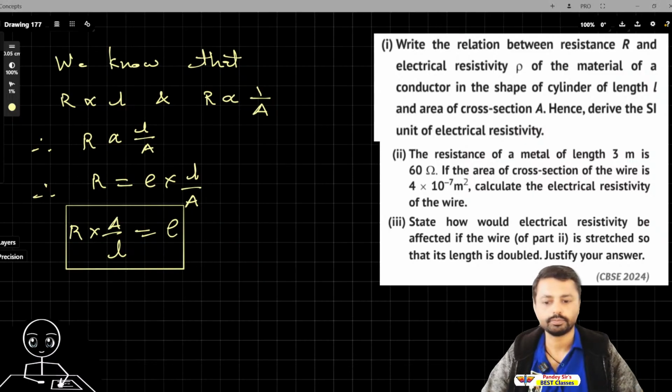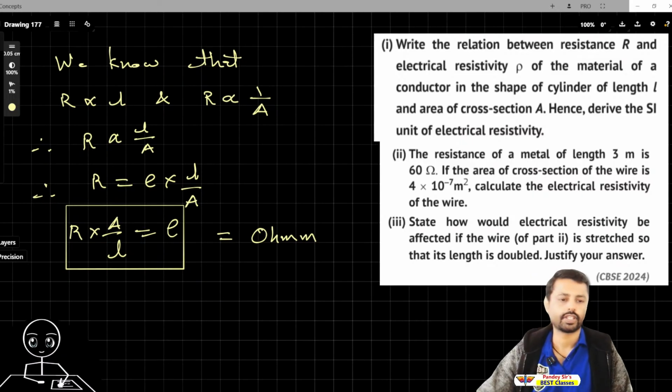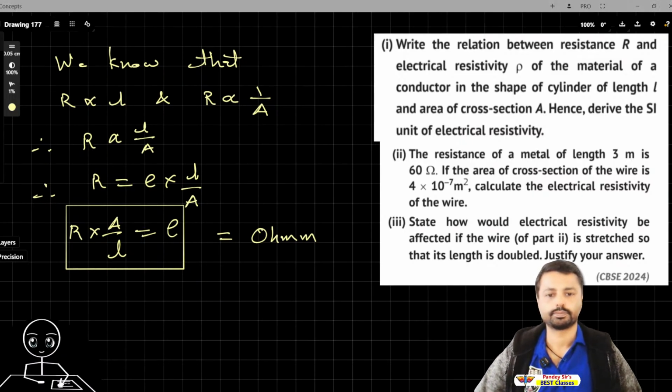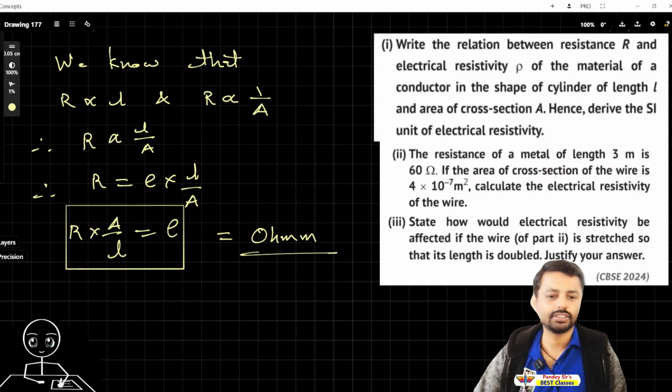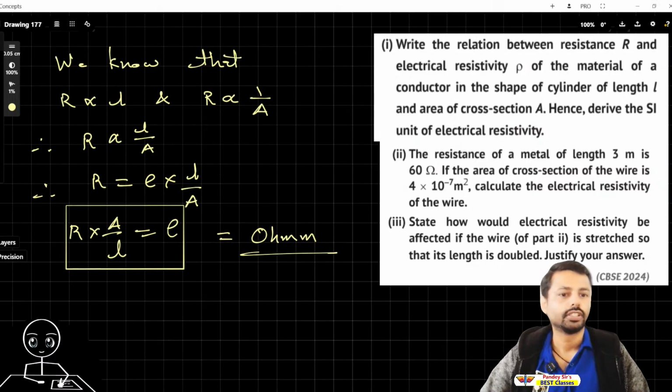Okay. And its unit will be ohm meter. So its unit will be ohm meter. That's the unit. And the SI unit is also that only. SI unit is ohm meter. That's it. Now we have to find out that